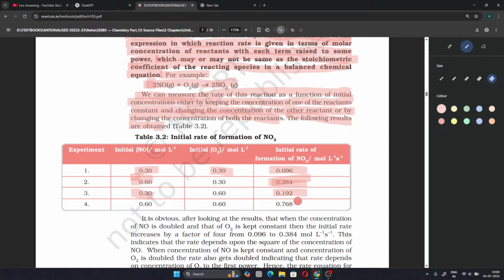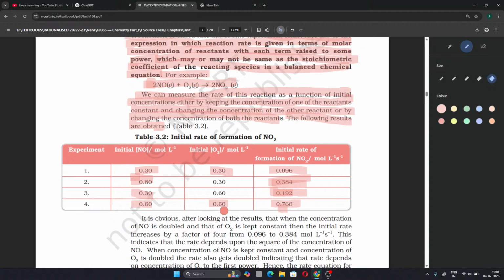Even though the concentration is increased by the same amount, the rate increased more when we increased nitrogen monoxide than when we increased oxygen. Let's see what happens when we increase the concentration of both reactants. When we increase both to 0.6, then the rate is almost